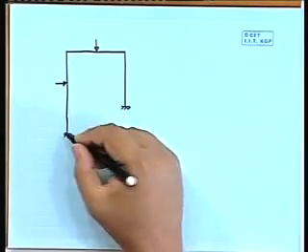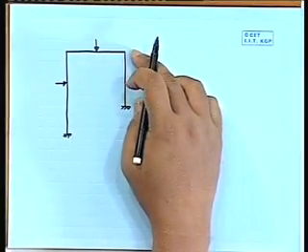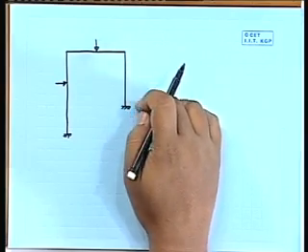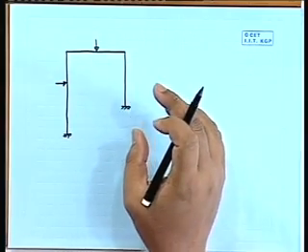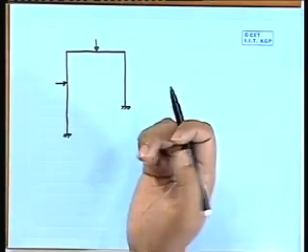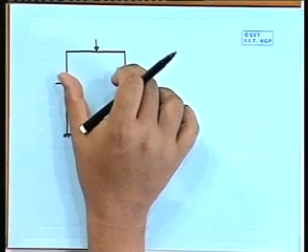So this leg, it was quite long compared to the other leg. That leg, the right side leg, it had a height of 5 meter, and left side above the load it was 3, below that it is 4.5, so total 7.5, and the horizontal